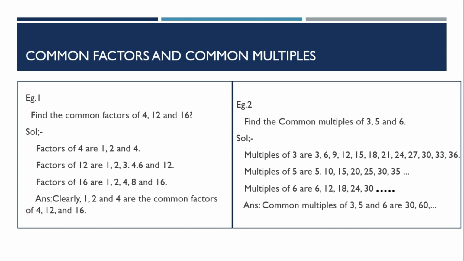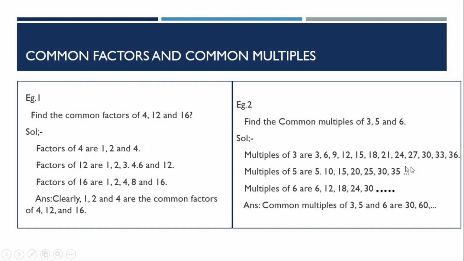Here you can find the difference. The multiples of a given number: the first multiple is equal to the number, and the rest of the multiples will be greater than the given number. Keep this in mind so that you won't get doubt about what is meant by factors and multiples. Factors are always countable, but multiples are uncountable.